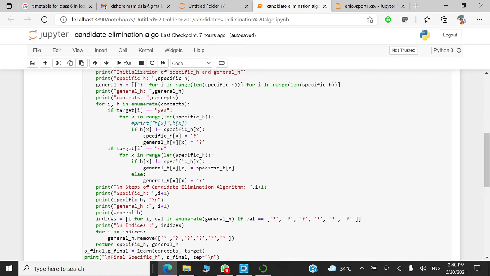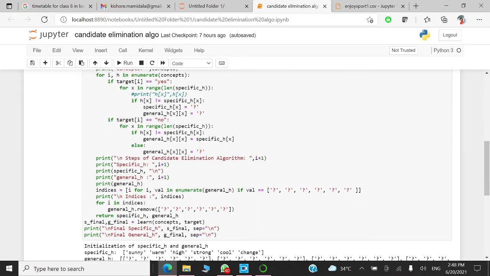We already dealt with the algorithm theoretically. There, in the second step of the algorithm, whenever we consider negative data, what do we have to do? There is no change in specific, there is only a change in general. So how to generalize? General to specific. Whatever specific values we have, those are going to be replaced. These are the steps of the candidate elimination algorithm. Based on the number of records, we repeat the process that many times.